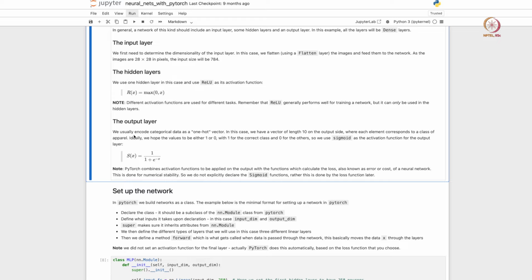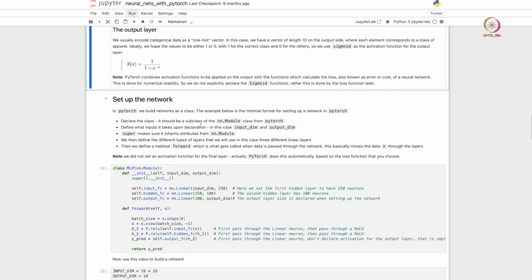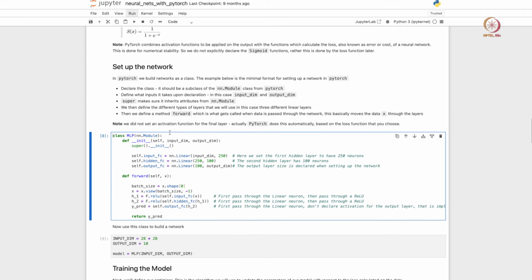So as I mentioned before, when we define our neural network architecture in PyTorch, we do not have to explicitly declare what kind of activation function we are going to use, and that is going to be determined by the loss function itself that we are going to track. But in most multi-class classification tasks, the activation function is going to be a softmax function, and for regression there is going to be no activation function. Alright, so let us now set up the network, right.